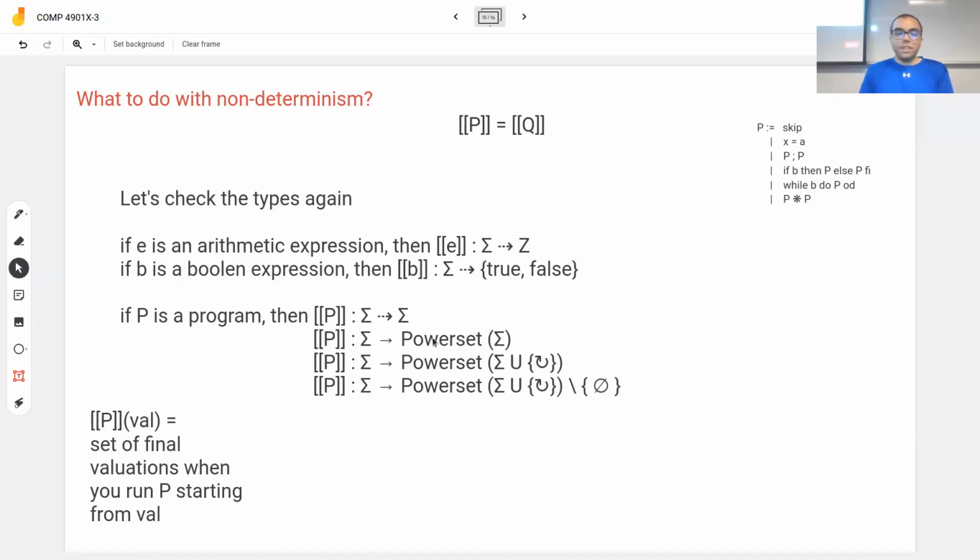because previously, when I didn't have non-determinism, I could just say it's a partial function, and if my program doesn't terminate, then it's undefined, right? But in this case, if I use this type, the problem is that I cannot really distinguish between those two problems that we were optimizing, the P and Q, remember? So they had the same outputs, but one of them always terminated, one of them sometimes